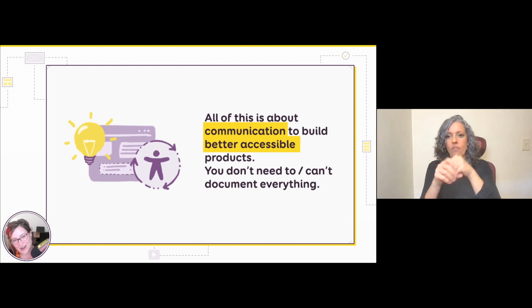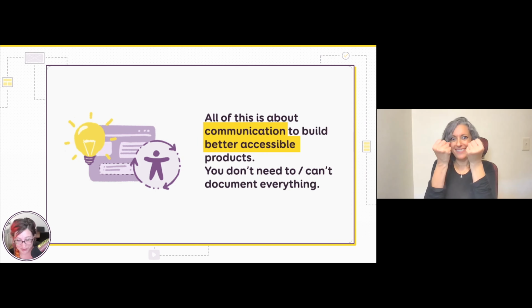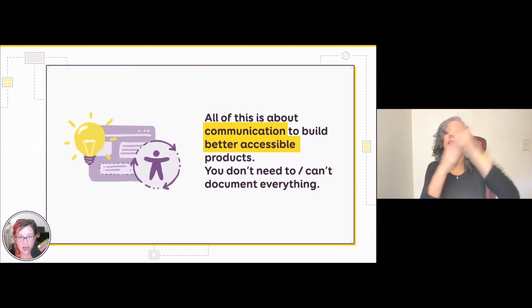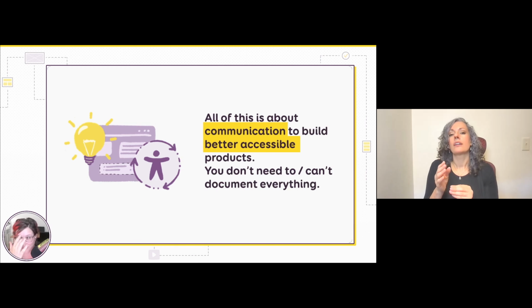So I shared a lot of things with you that you can document as a designer. The goal was to give you some examples, but I'll be honest, I don't always have time to document all of that in every single one of my workups and components. So I would say if time is limited, pick your battles. Document the things where there might be the biggest issue of understanding. Also document the high-stakes things, the super complex components that will be reused. So it's about prioritization.